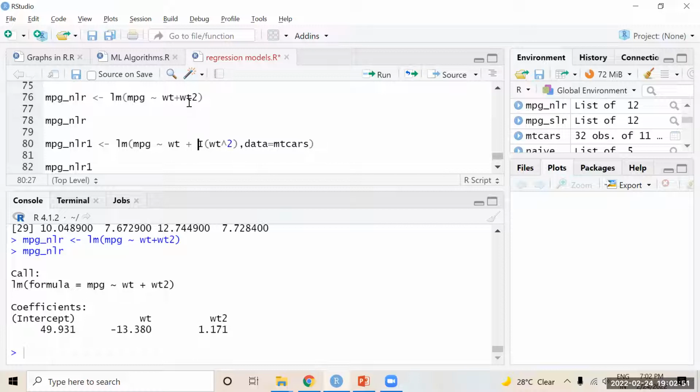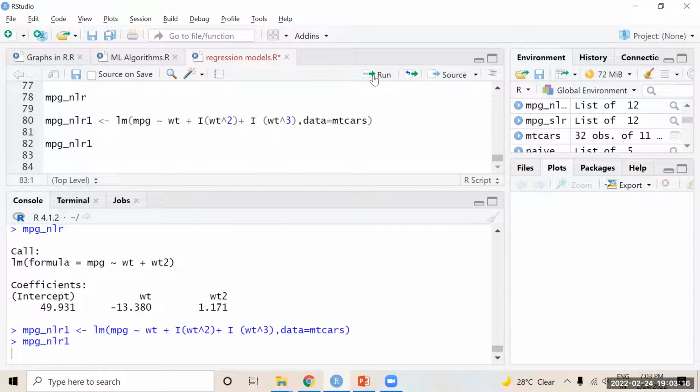If WT2 is not available, I can also write I of WT power square, because in future, if you want to write x cube, then simply you write WT exponentiation, then cube. Okay, execute it and see the equation.